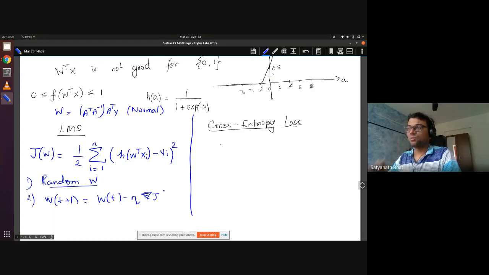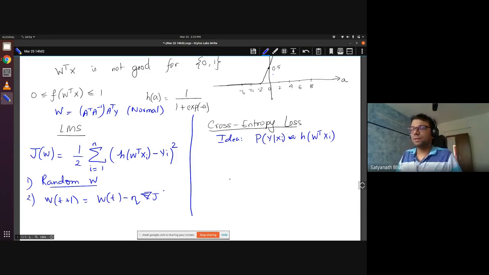So I see that you would have got really big trouble in the midterm because anyway, so in cross entropy, what I will do is I will treat H of W transpose Xi as the probability. Okay, so in the cross entropy method, the idea is, P of Y given X, you assume that this is given by H of W transpose Xi. Okay, so this is what you will assume.